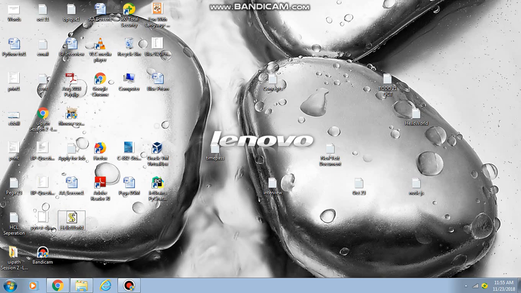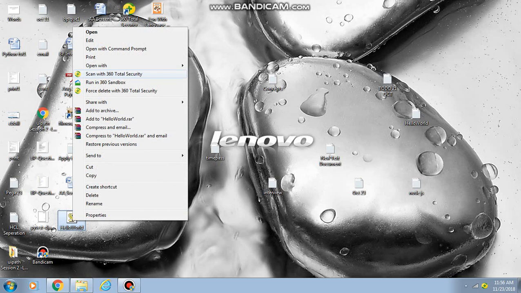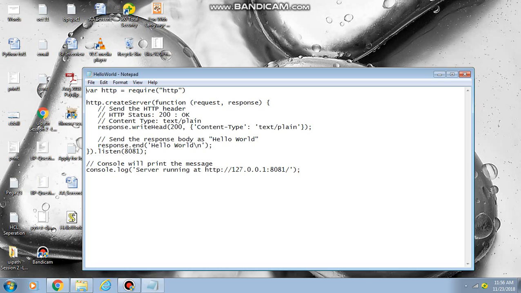So now we will create a sample file called hello world. I already created a sample file, hello world, so let me open this file. See, look at this code. This is nothing but a JavaScript file, but normally in a JavaScript file you'll find something related to document.getElementById, something like that. But here, in the case of Node.js,